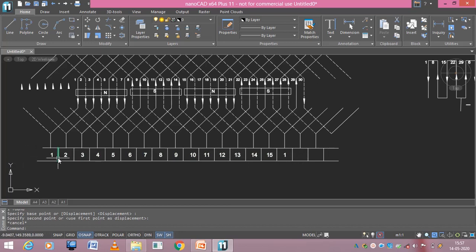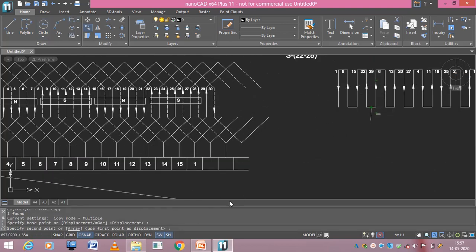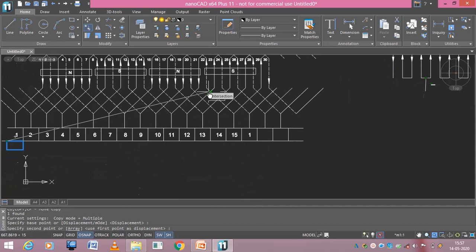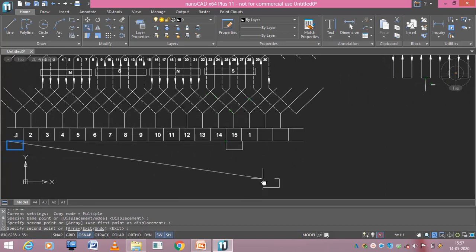Let me start from the first conductor itself. So I should place one brush where the 30th and the first conductor are connected. This is the first and this is the third conductor, right? So I should have one brush here and the other brush in between 22nd and 29. Here you can see 22nd is connected to 29, the commutator segment 15.